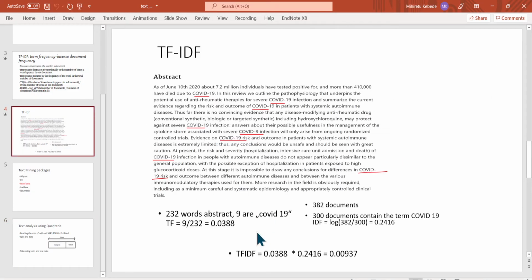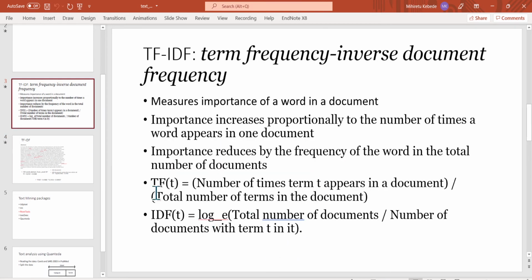So here is the formula we have for the text data. First, we need to calculate term frequency. The term frequency is calculated as the number of times term T appears in a document, divided by the total number of terms in the document. And then the inverse document frequency is the total number of documents divided by the number of documents with term T in it. So that means if a term appears in all documents, then this number will be